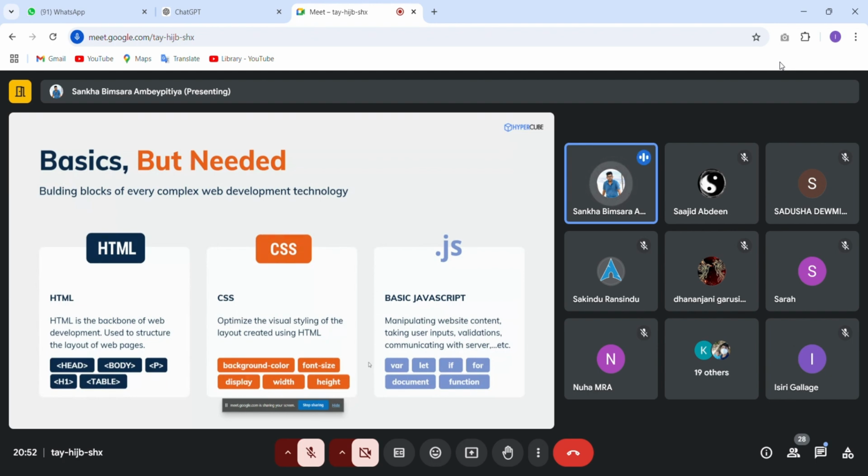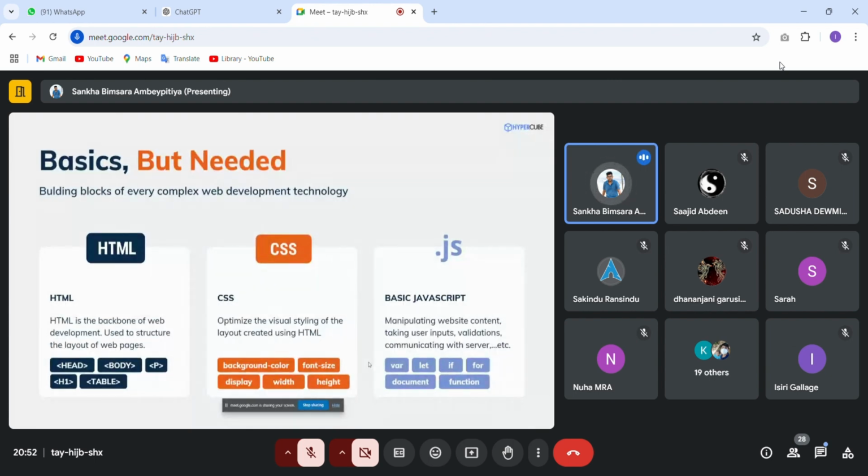So I will give an understanding about what these things are, and for what purpose these technologies are used, and what the advanced theories behind these concepts are, and what the advanced technologies built on top of these technologies are. If you like to have a basic understanding about these things, you can follow such resources and self-learn those things, and then you can follow what I am discussing in today's session, and have a further understanding about these technologies and the advanced technologies we are going to discuss at the end of this presentation. Okay,